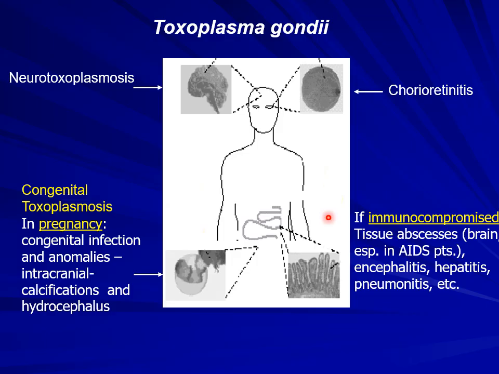I would like to draw your attention basically that in addition to chorioretinitis that I just mentioned, two spectra of disease can be really severe and associated with toxoplasmosis. These are the neurotoxoplasmosis and the congenital toxoplasmosis. Basically, neurotoxoplasmosis develops when the chronic form of the infection is reactivating back to the acute form, and that happens in immunocompetent patients that get immunosuppressive drugs, so become immunocompromised for a reason, or for example in immunocompromised patients including AIDS patients.